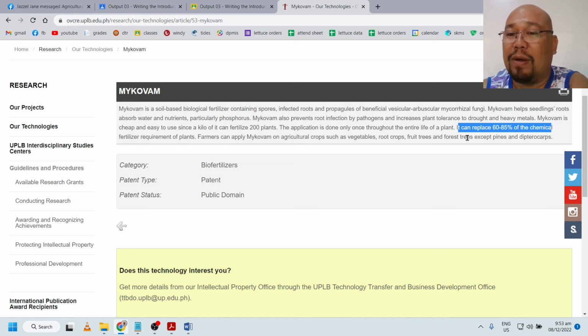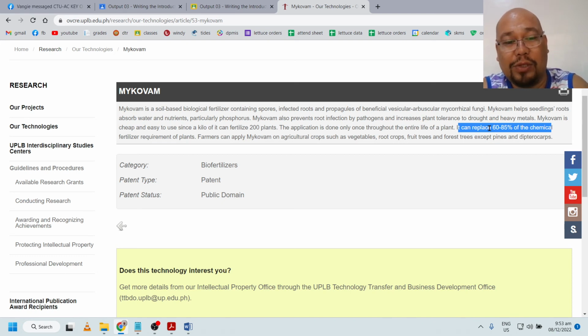Since mycobam can replace 60 to 85%, then reduce that to 40% only. So instead of 100 kilos, only 40 kilos of nitrogen will be applied. Then the other one, only 15 kilos. So maybe you can break it down, like you apply 15% only of the recommendation, then gradually